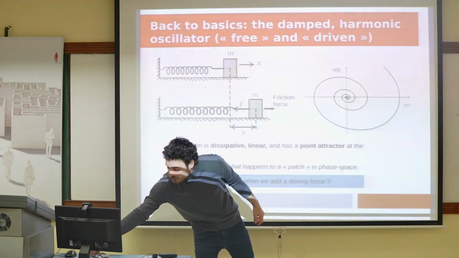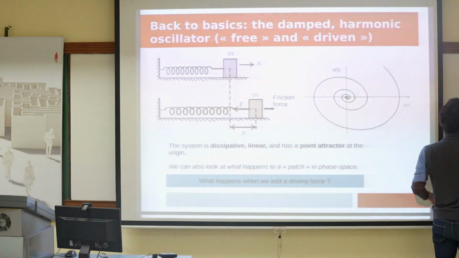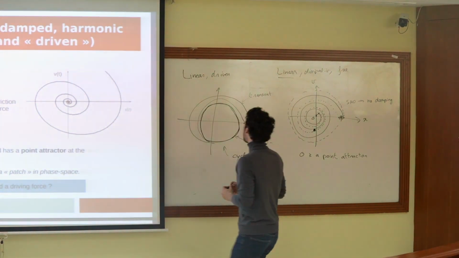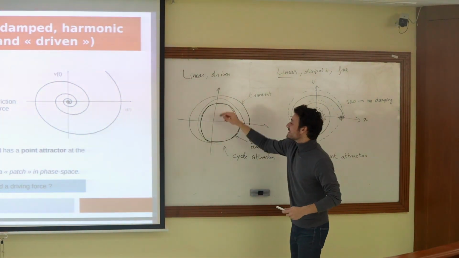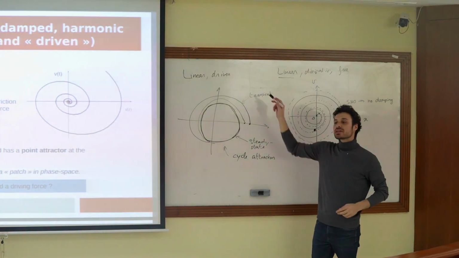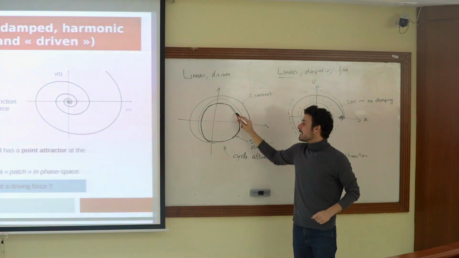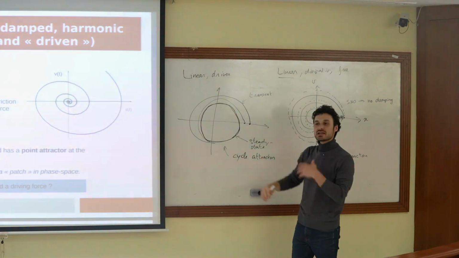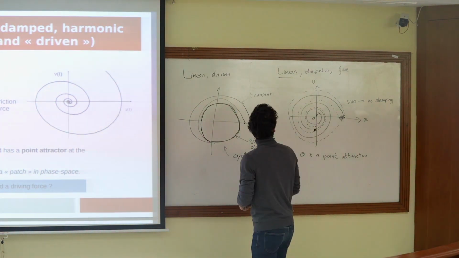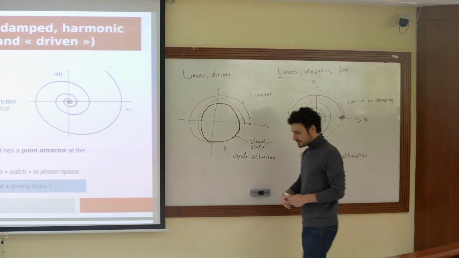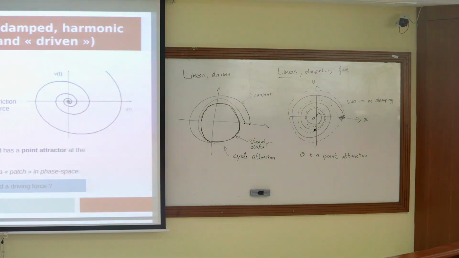So the steady state is really just this cycle here. It would have been easier if I still had the blue marker. I'm very much missing it. But this is the steady state, the thing I've kind of double marked here. Meaning the reason it's an attractor, the reason it's a steady state, is that once you're on it, you're just going to keep staying on it, right? It no longer moves around. The transient here, the response is evolving with time, but once you're on the steady state, you just stay there, right? So at this point, your motion starts looking like a simple harmonic oscillator. Okay, so this is what happens when you add driving.